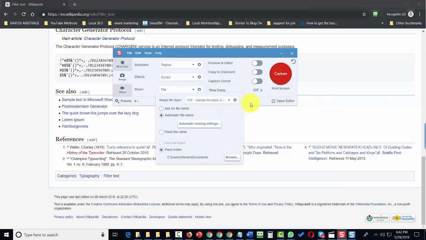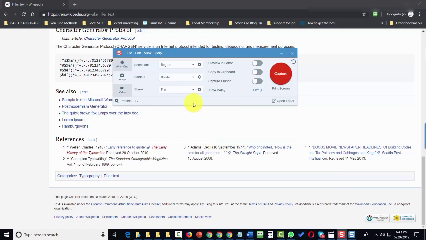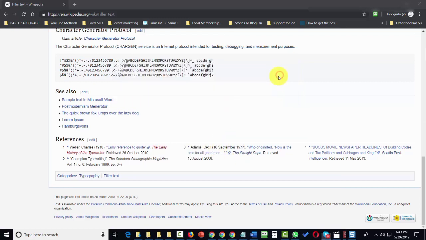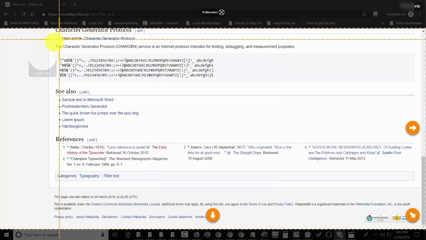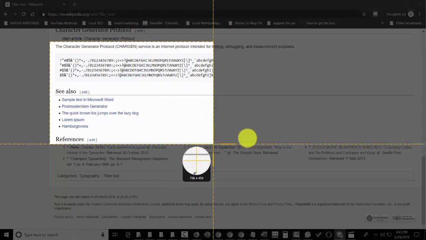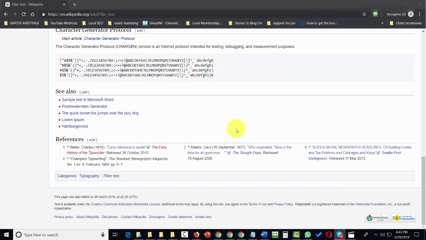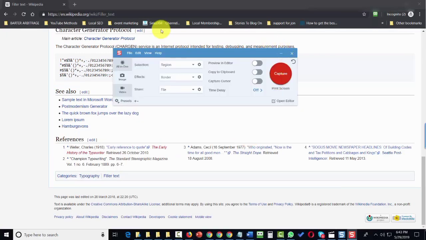We're now going to choose the folder where we want our content to be shared. Now once we've done that, we're then going to click Capture. We're then going to capture our image again. And this time, our file will then be created automatically, and what you'll notice is that we have turned off